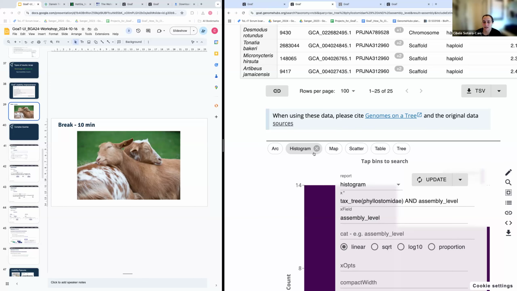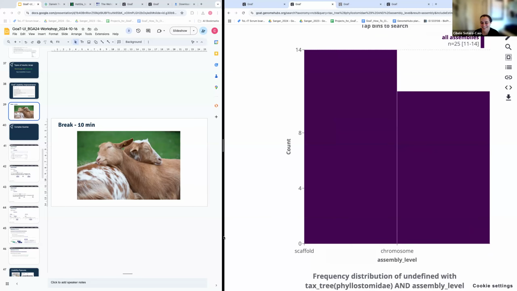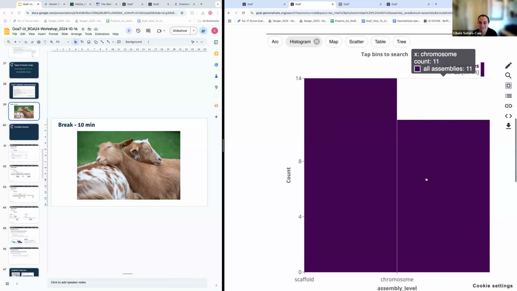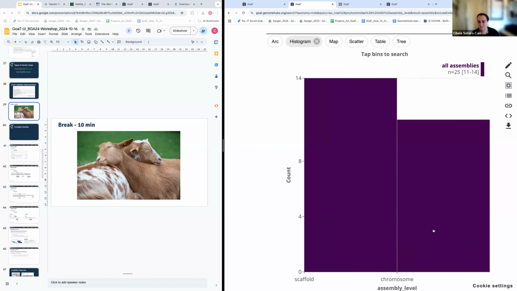But it's good to see, like, 14 assemblies are scaffold and 11 chromosomes. That's an ugly plot. Maybe I can do something good and say, let's see if anything happens.